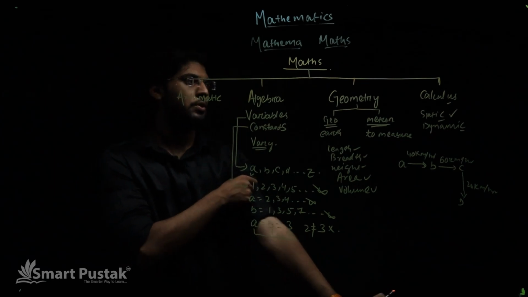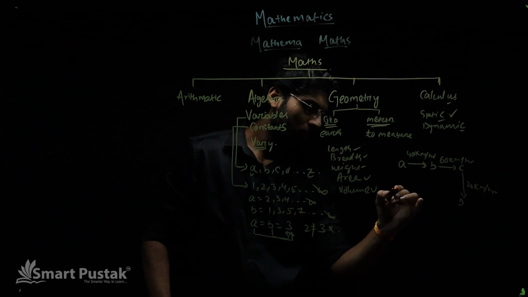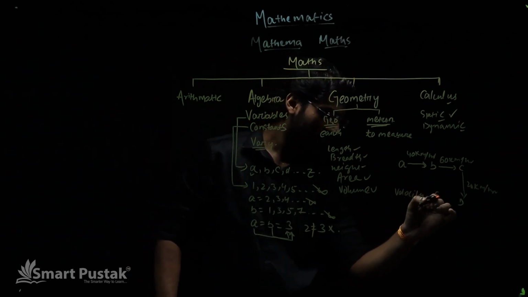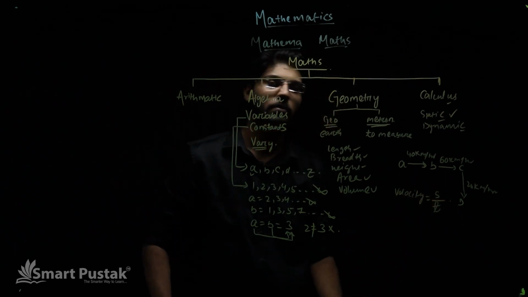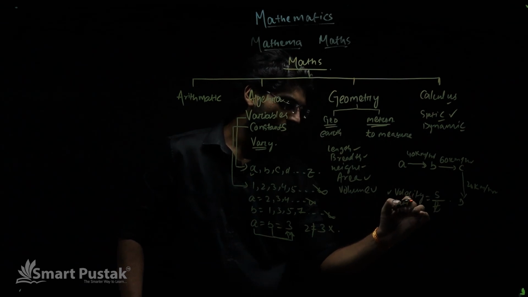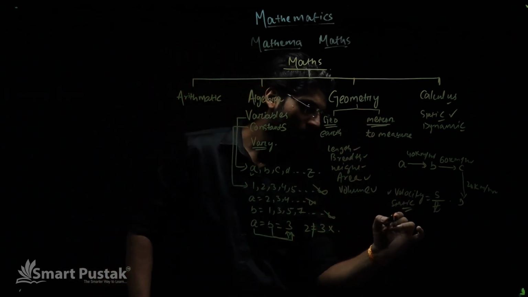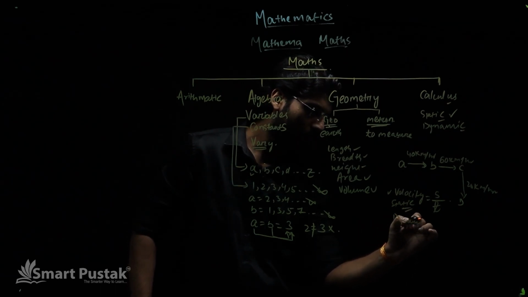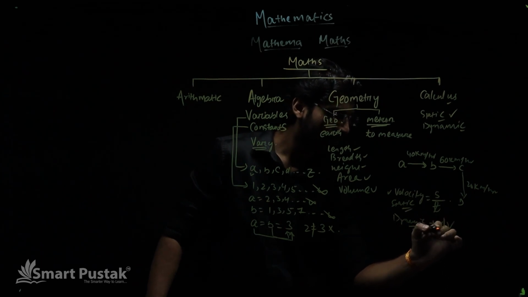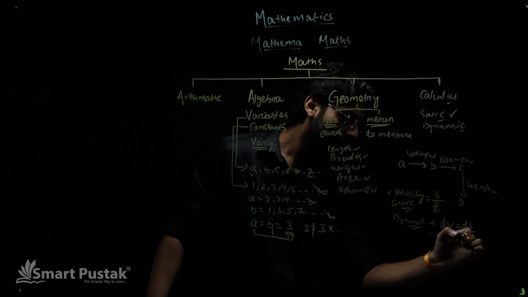Is it possible for you to follow the static formula? What is the formula to find the velocity? Velocity can be found by the formula distance divided by time taken. This formula is called the static formula. It is not dynamic. Now we will come to the dynamic formula. What is the dynamic formula for velocity? The dynamic formula for velocity is dv = ds/dt.